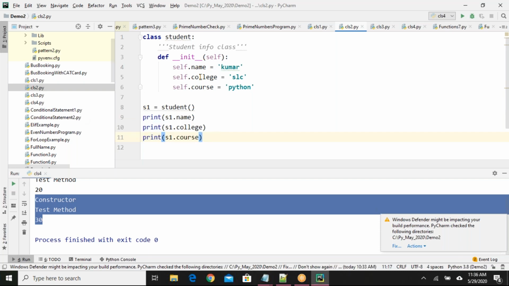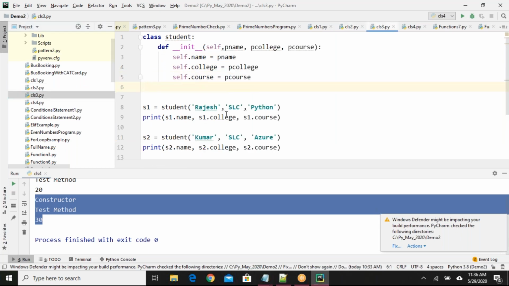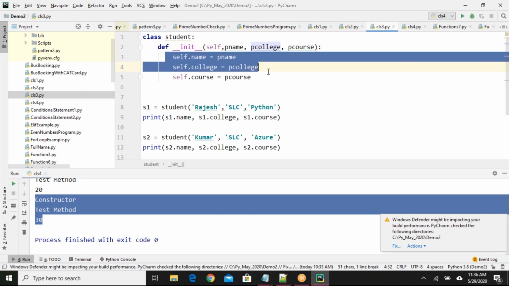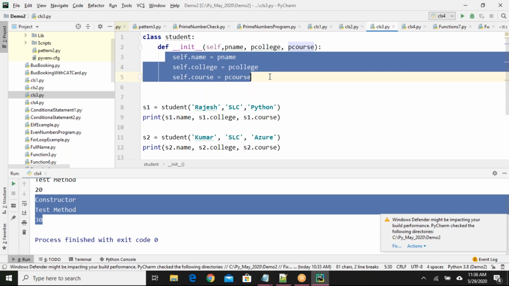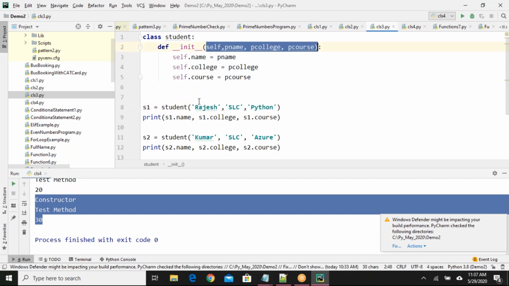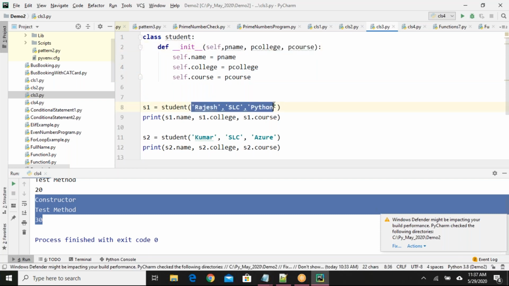Next, instead of hard-coded values here, we tried parameterized values. After self, I have to provide the parameter names, and I can use those parameter names to initialize the variables. While creating an object, I have to pass the values here. You may see 4 parameters here, but we are passing 3 parameters here.